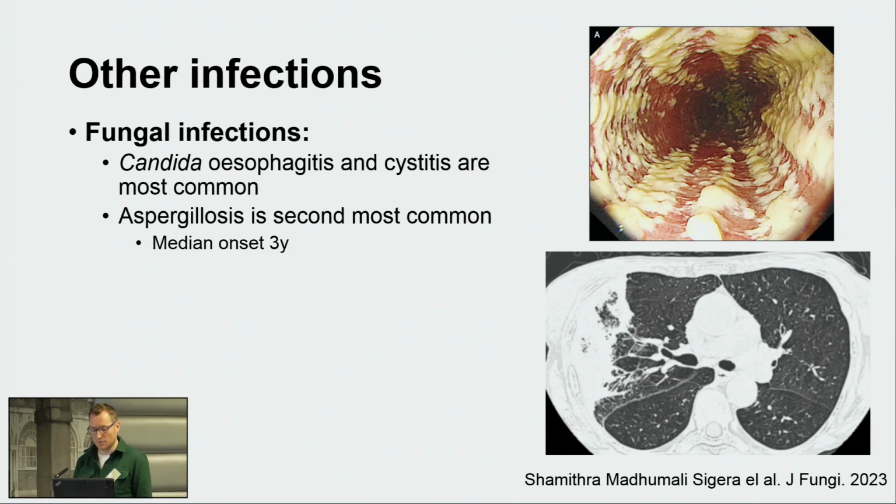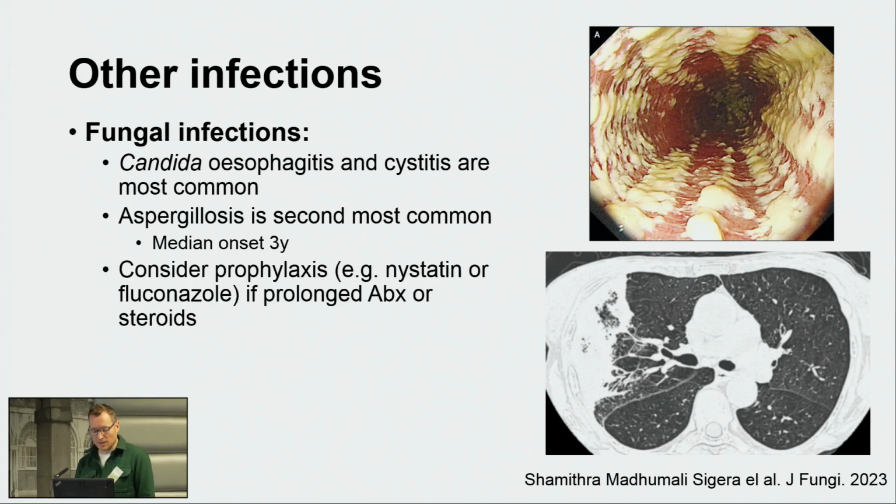And then second most common tends to be aspergillosis infection. So the CT on the right just shows the lung involvement with aspergillosis, and tends to be a median onset of 3 years. Things that increase your risk of fungal infection would obviously be if you're on prolonged antibiotic treatment for whatever reason, and if you're getting high-dose steroids, which, ideally, now that we've got a steroid minimization protocol in the UK, tries to reduce the risk of that, but there are obviously certain patients that do need steroids